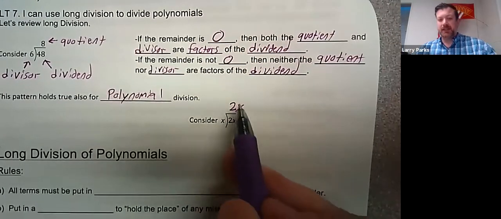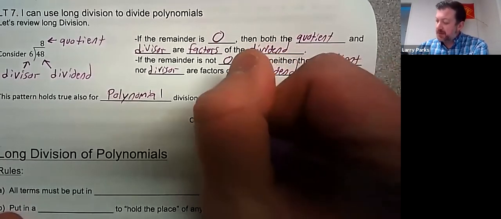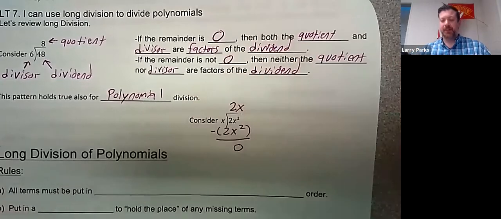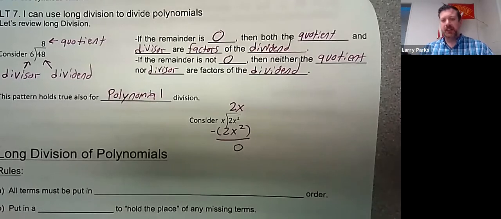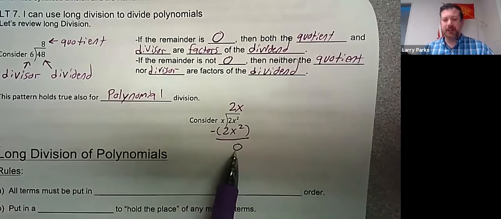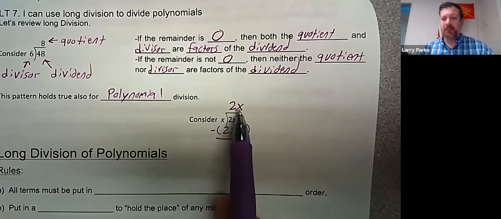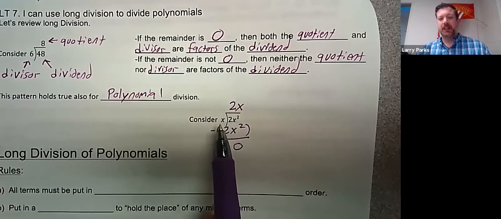So then I take 2x times x, that's 2x squared. I subtract it off, and I get 0. So then we're done. There's nothing else to do. So since the remainder is 0, that means that x and 2x are factors of 2x squared. In other words, x times